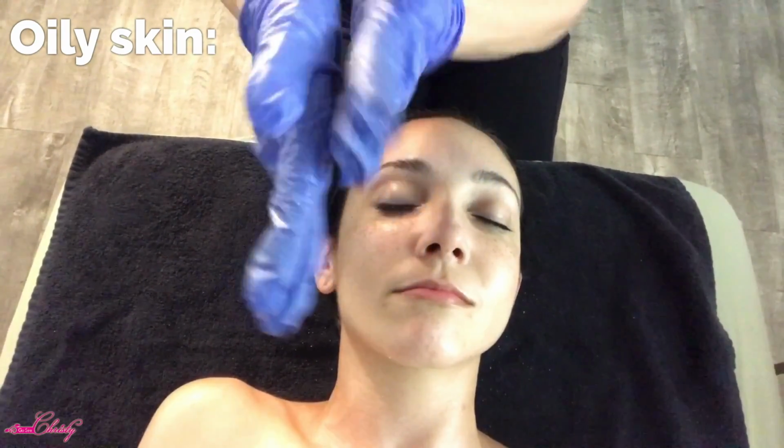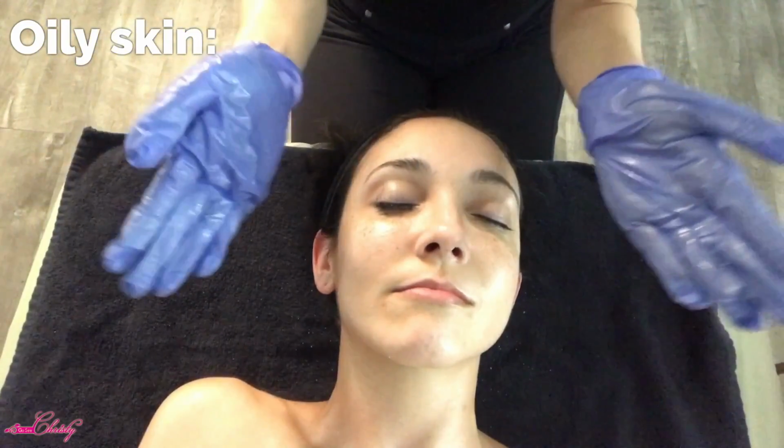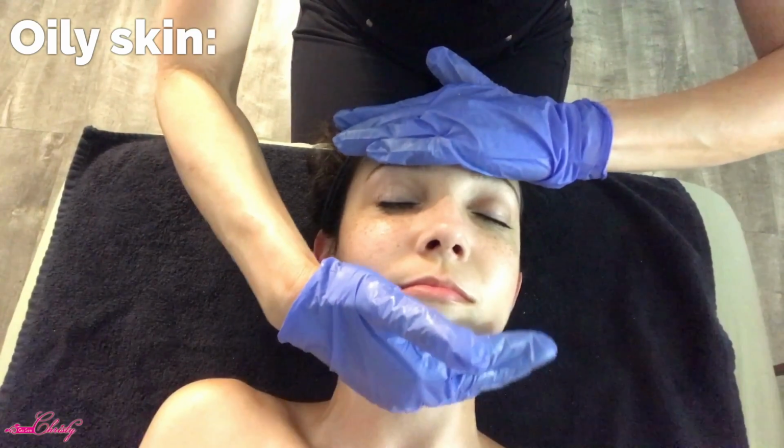If you're using a massage for a client who has oily skin or breakout prone skin, then what you're going to do is you're going to add just a couple drops of a hydrating serum, gently pat, and it has essential oils in the serum. Gently pat on the cheeks, forehead and chin,